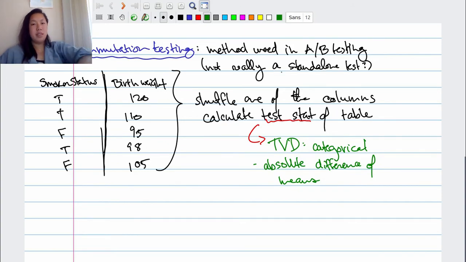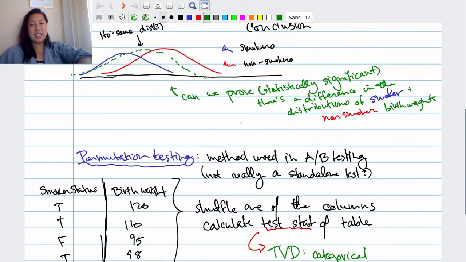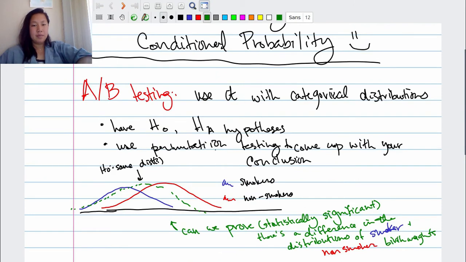Yeah, so that's what A/B testing and permutation testing is, I guess. It's basically saying, if we have two distributions, or we think there might be two different distributions, but we're not sure, that's what A/B testing is trying to prove. So